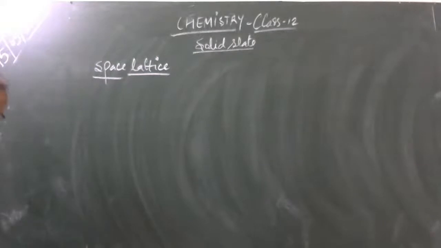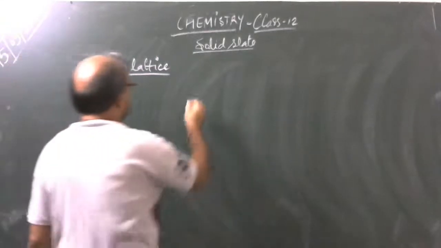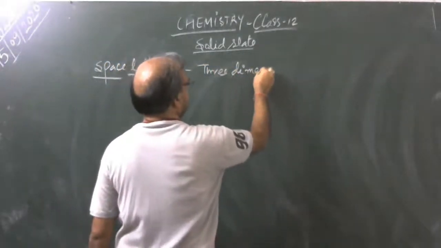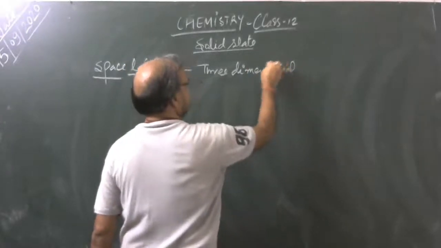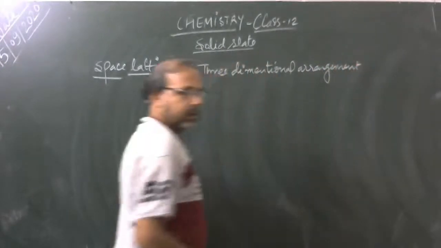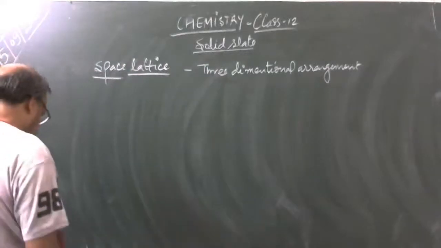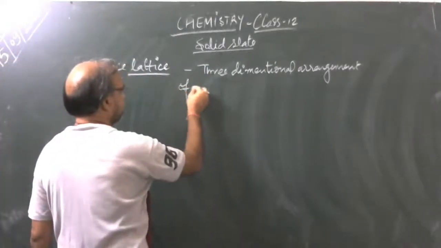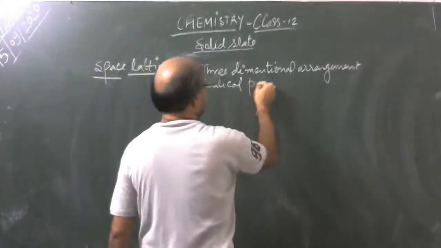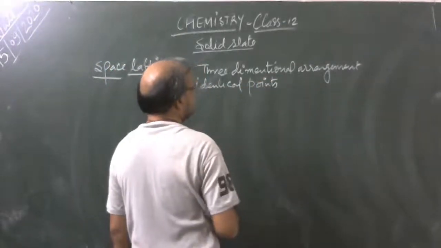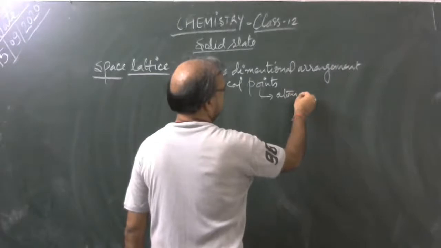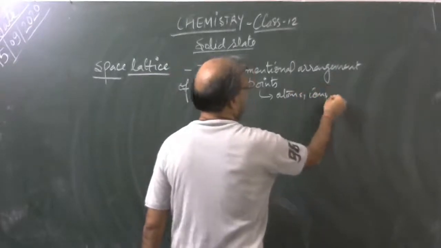Space lattice. So here in a space lattice there is a three-dimensional arrangement of identical points. Points means atoms, ions, or molecules,